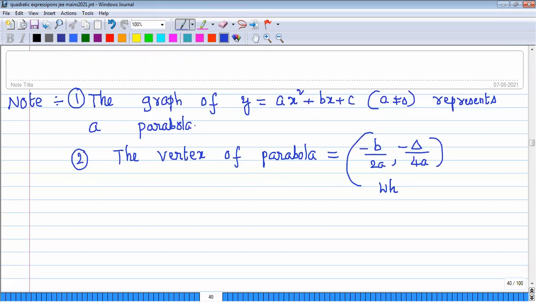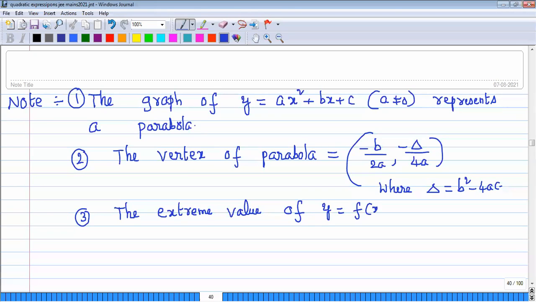where delta is equal to b square minus 4ac. Third point, the extreme value. Don't get confused. Extreme value means either minimum or maximum is called extreme value. The extreme value of y is equal to f of x, that is ax square plus bx plus c,